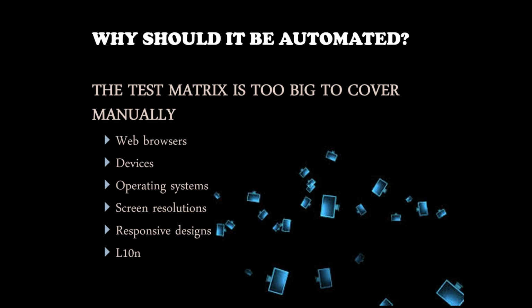So why should you automate your visual tests? There are many reasons, but the most important one is that the test matrix is just too big to cover manually. Think of all the different web browsers, devices, operating systems, and screen resolutions that your application is expected to run on. We all know that if a website looks good on IE, it doesn't mean that it would look good on Chrome, or if an application looks good on a widescreen, it doesn't mean that it would look good on a smartphone. So we actually have to check and test that our application looks right in all of these